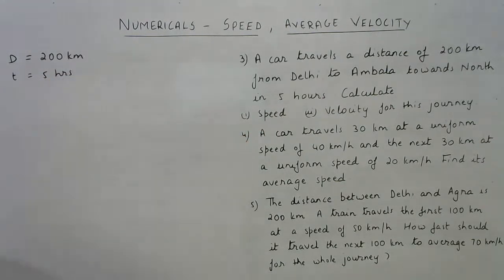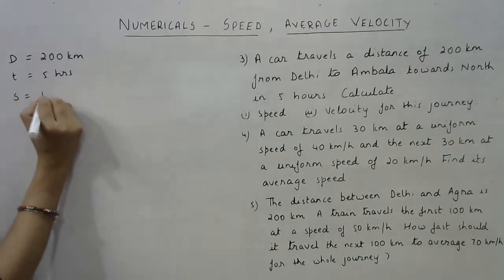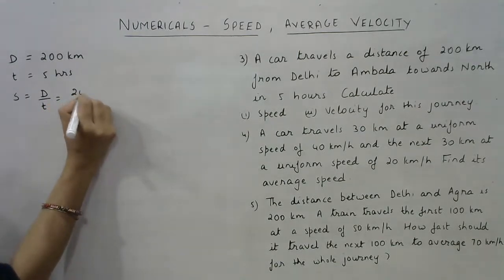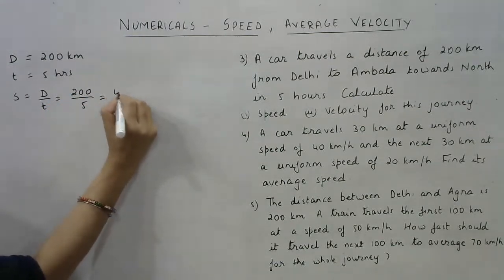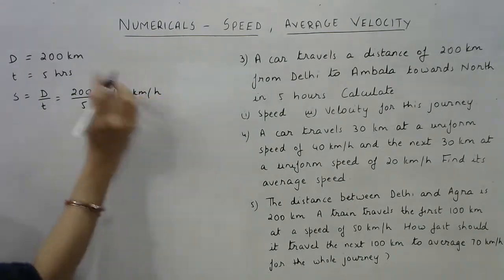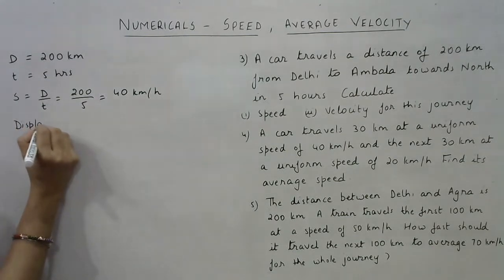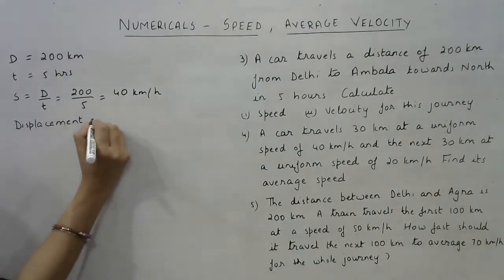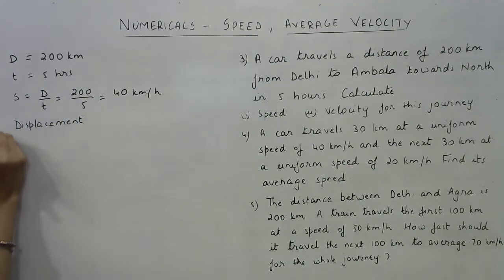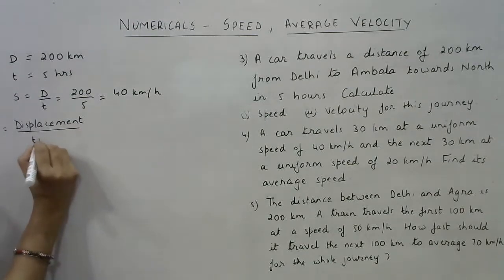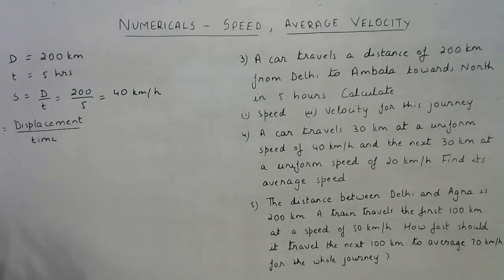So now since you have studied what is speed and what is velocity and what is the difference between them, you should know that speed is actually distance upon time, whereas the velocity is displacement upon time. So for calculating the speed, it will be distance upon time, that is 200 upon 5, that is 40 kilometers per hour. So that is how we will get the speed. And for calculating the velocity, it is displacement upon time, and the displacement in this case is,